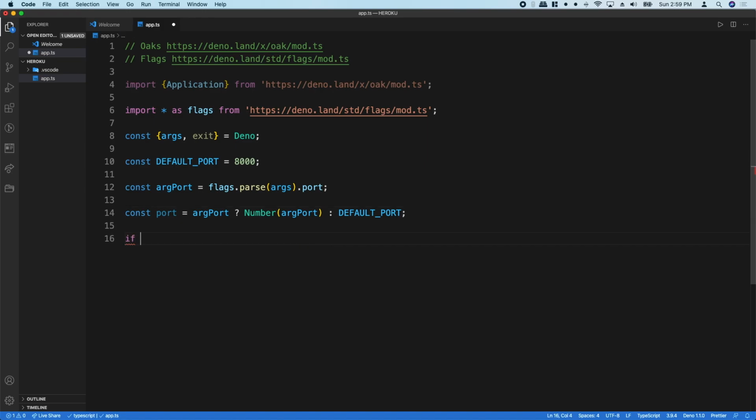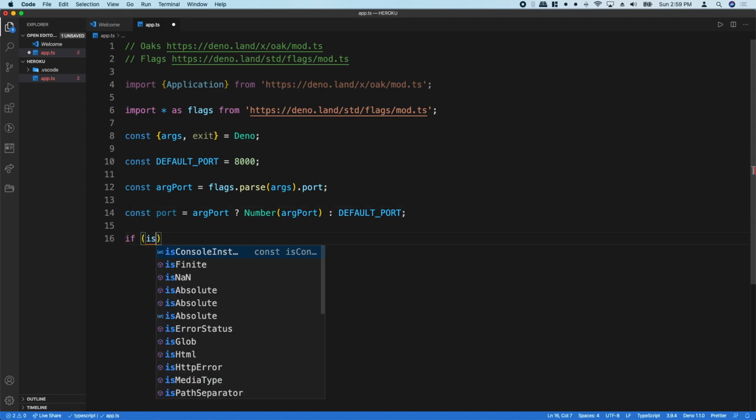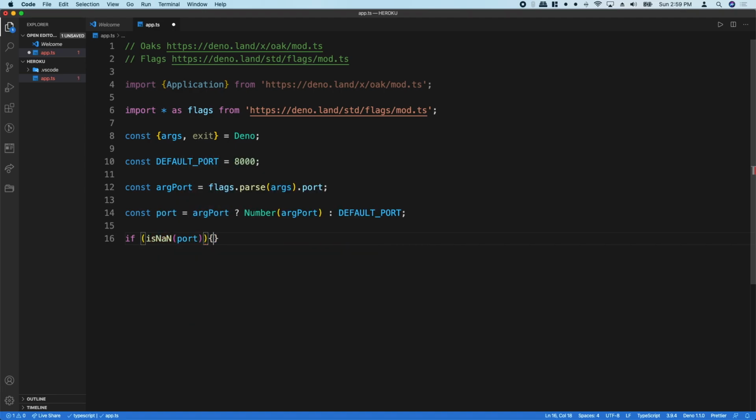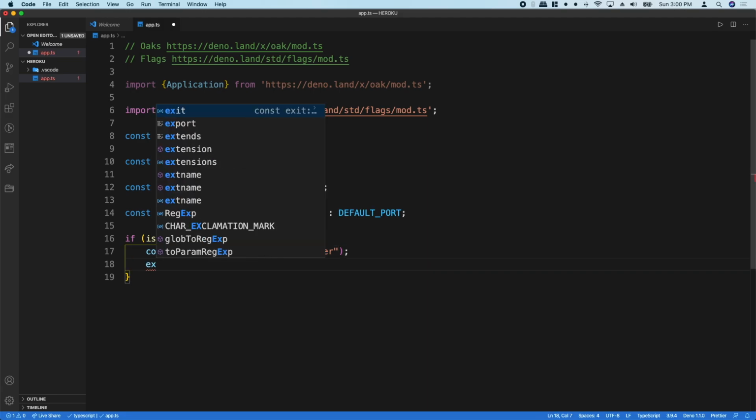We can also console log our port if port is not a number: console.log this port is not a number. And we can exit our code.